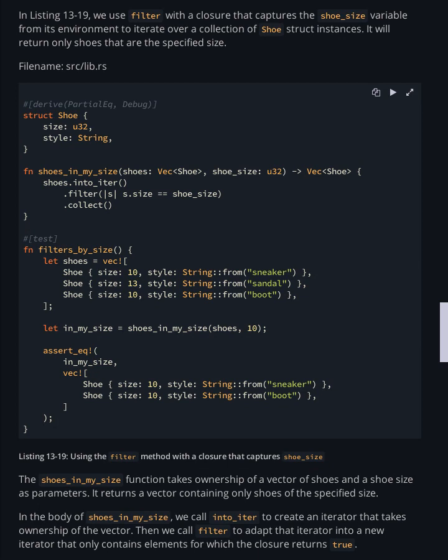#[test] fn filters_by_size() { let shoes = vec![Shoe { size: 10, style: String::from("sneaker") }, Shoe { size: 13, style: String::from("sandal") }, Shoe { size: 10, style: String::from("boot") }]; let in_my_size = shoes_in_size(shoes, 10); assert_eq!(in_my_size, vec![Shoe { size: 10, style: String::from("sneaker") }, Shoe { size: 10, style: String::from("boot") }]); }